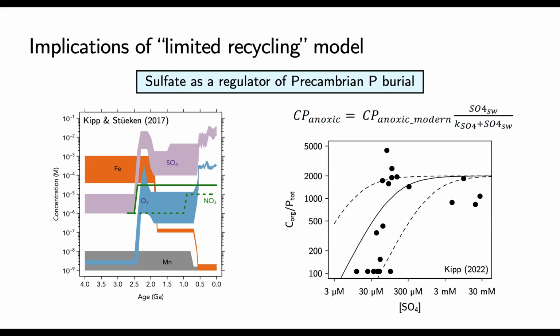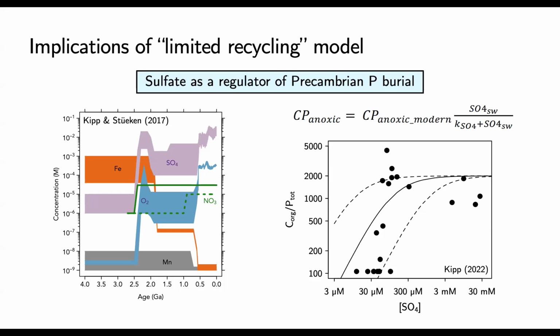And so I've taken that relative recycling, cast it as a C to P ratio, where the higher C to P occurs in the sulfate-rich settings, but then there's preservation of the phosphorus with the organics at the low sulfate. And I just cast this here with this Monod expression with this half saturation constant K term using different ranges from the literature. That's what you see as these dashed lines fitting that data.